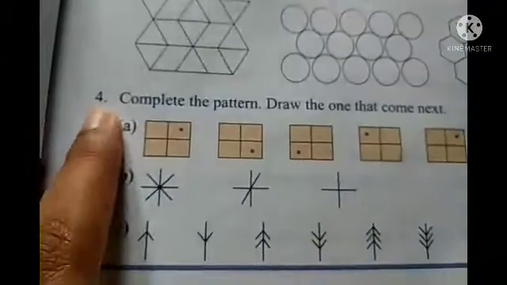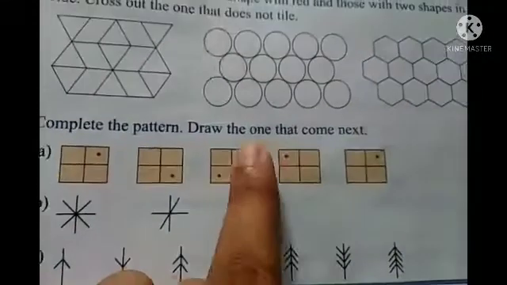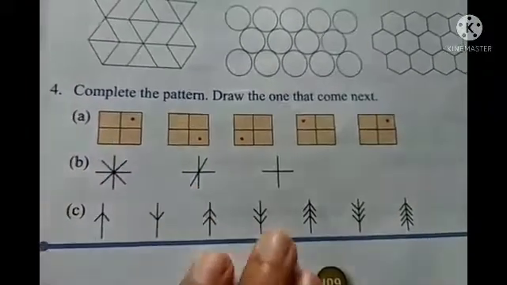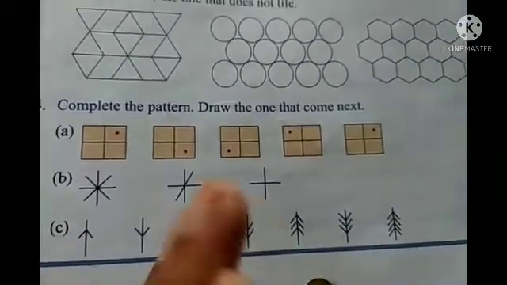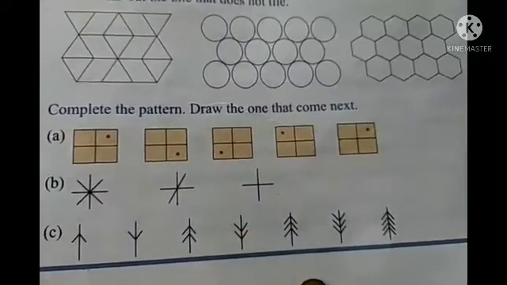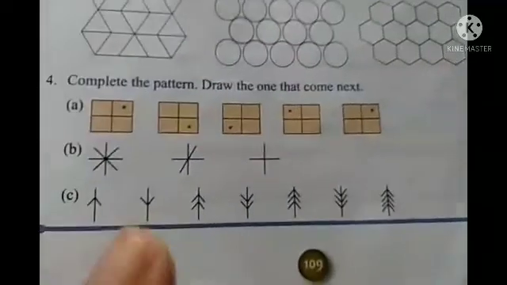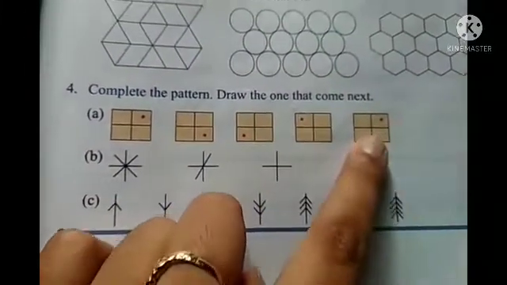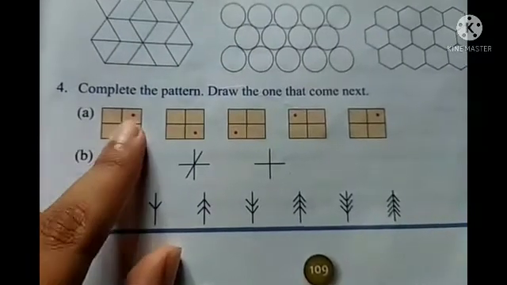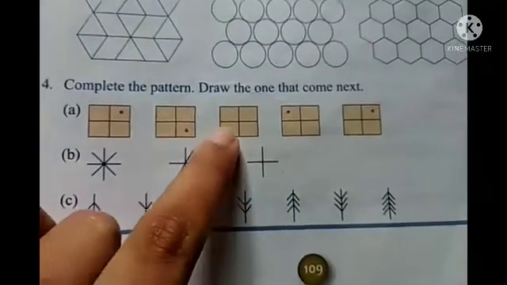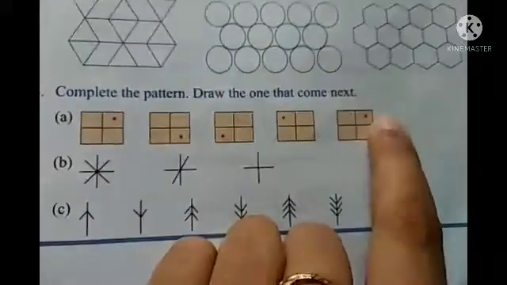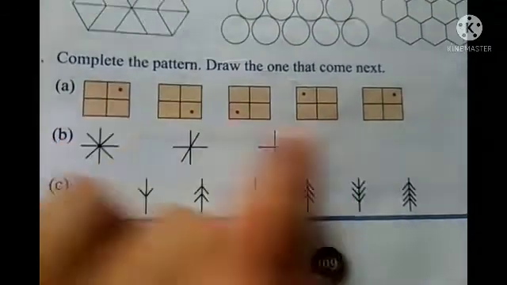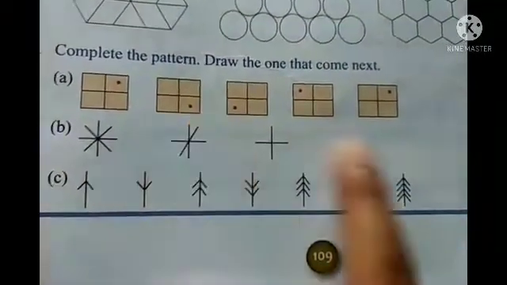Now here you see number 4, complete the pattern, draw the one that comes next. Already in SQIE, and already you have given exams related to patterns or drawing some figures. So yes, I think you can do it. You have to just observe the changes and what pattern is being followed here. So here you see the dots, first here, then here, then it's coming here, then again here, then again here. So the next one will be the down one, right, because this figure and this figure are similar, so the next figure will be this one. So you have to draw here.